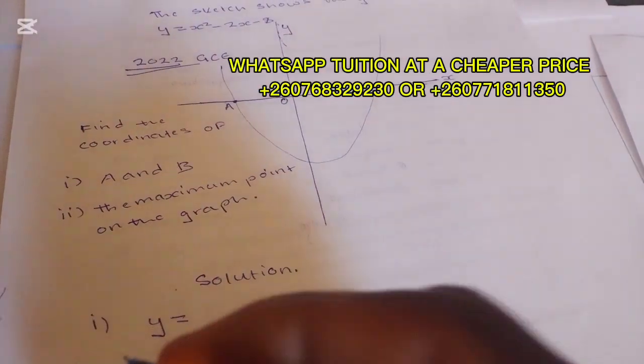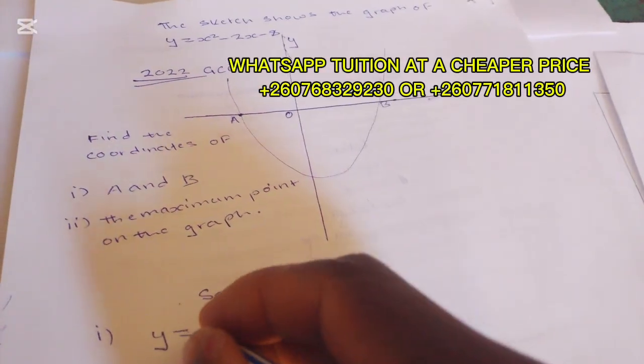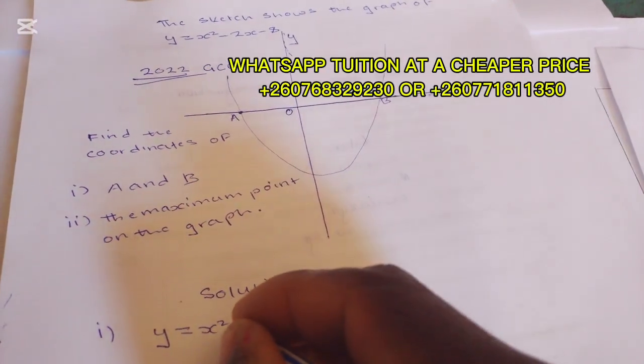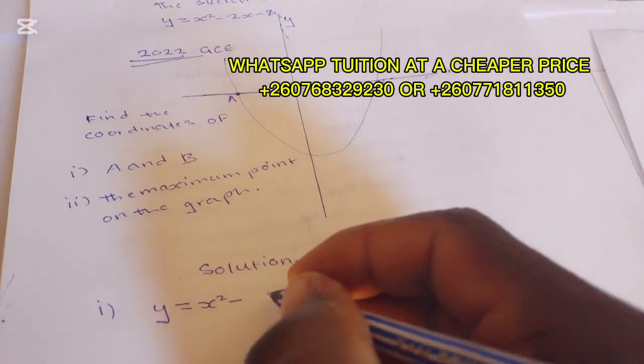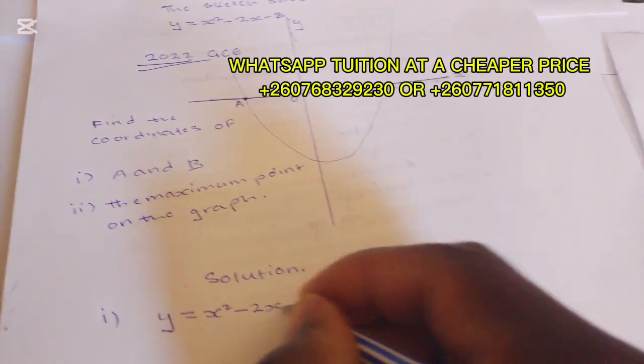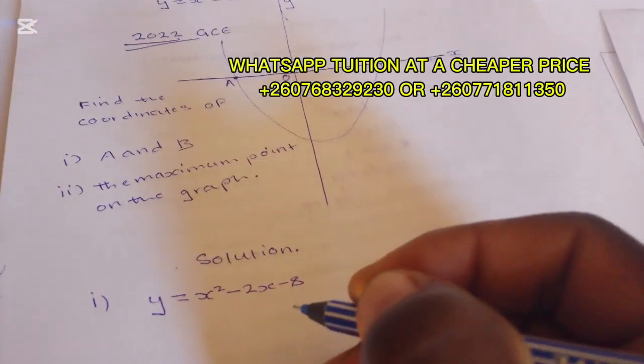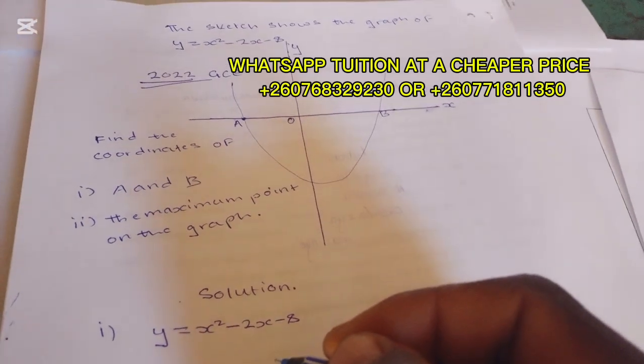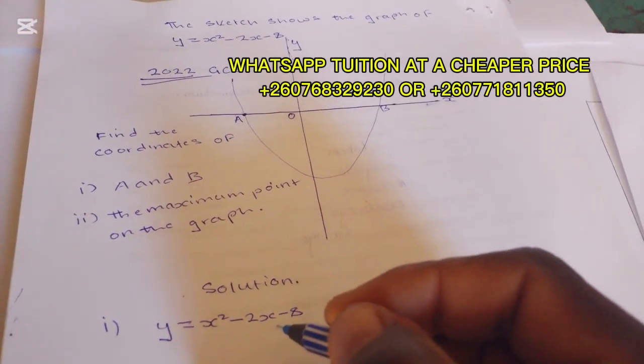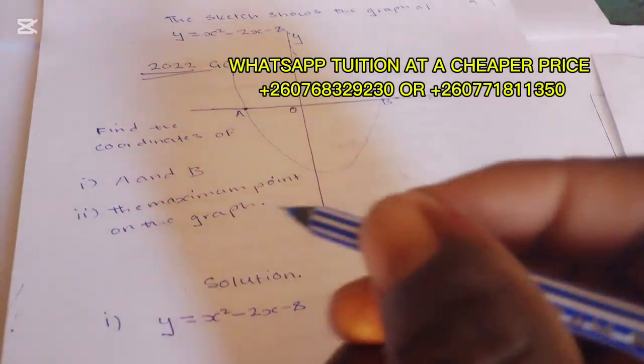So we copy it: x squared minus 2x minus 8. So when finding these, we can see that the coordinates for A